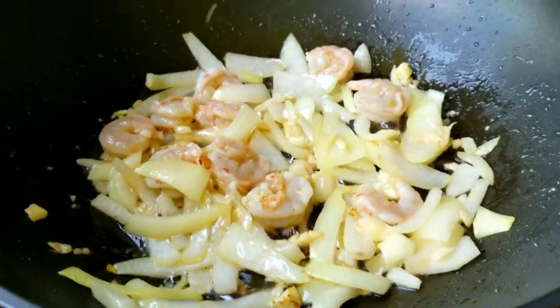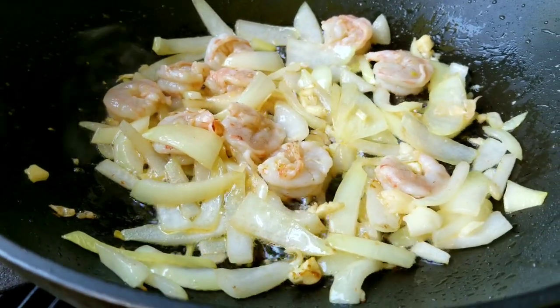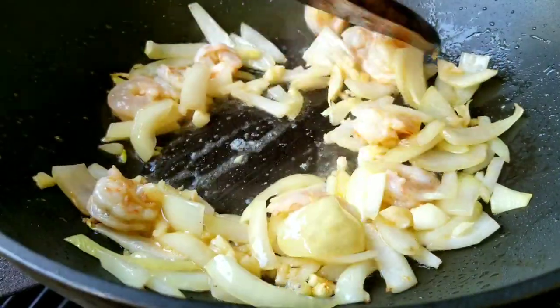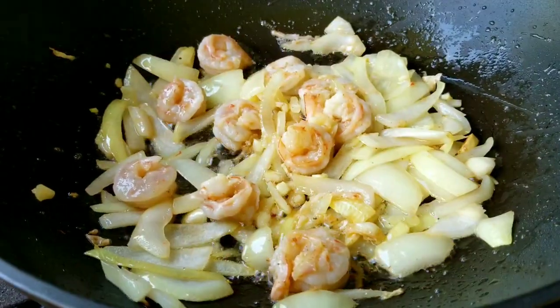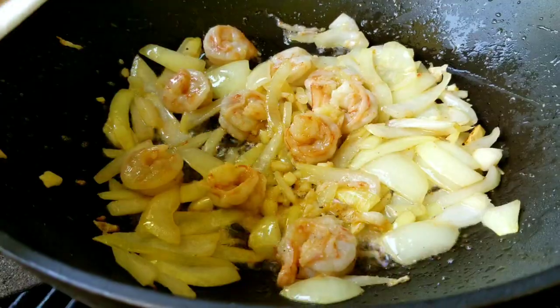All right, why did we add the shrimp first? Because shrimp has that shrimpy taste, right? The fishy smell. So we have to take that out of our shrimp first before we add our pork. Because you're going to ask, why did you add that first instead of the pork? So that explains. All right, now we're going to have to add our